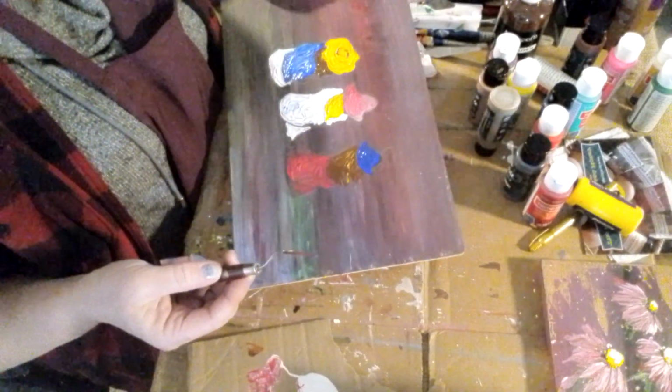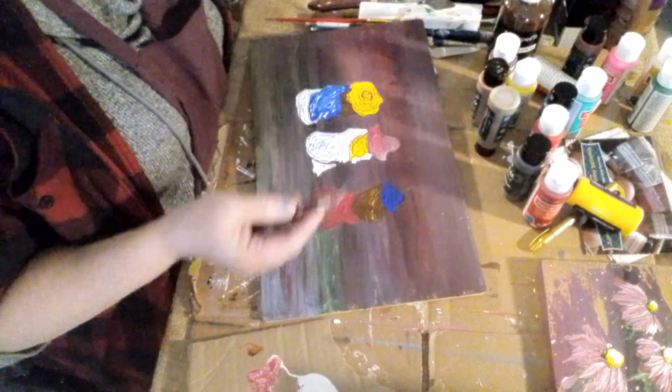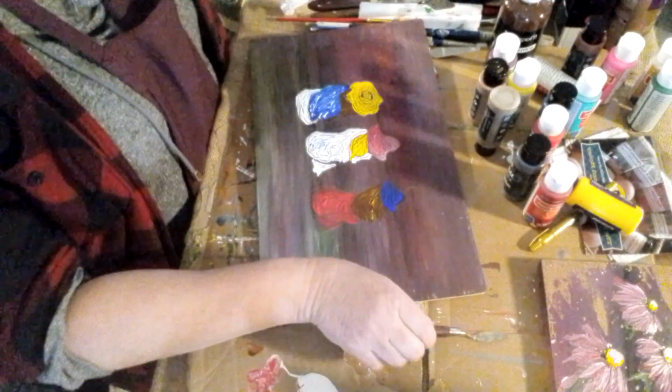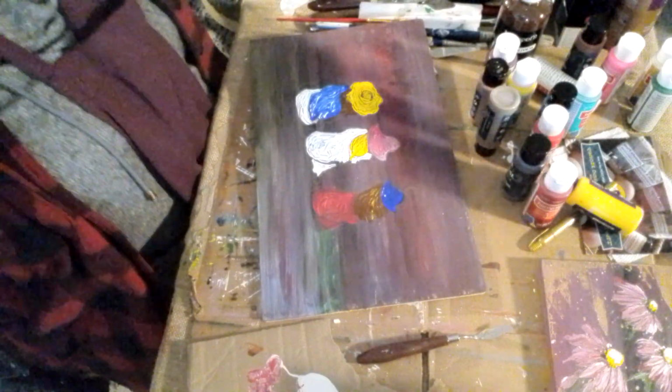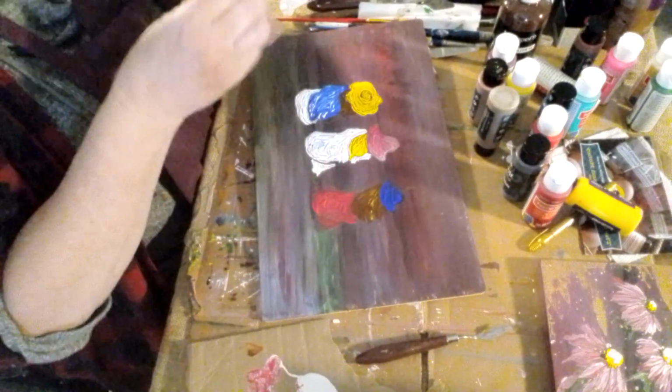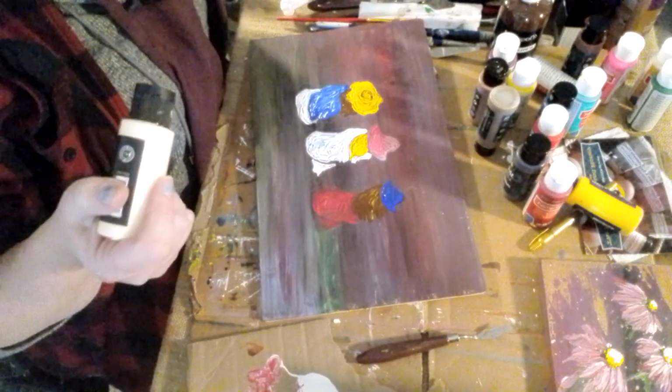Okay, so I'm going to find, and hopefully I'll find it, my skin tone. I want to get some skin tone on there before it gets too dry. Excuse me. Let's see if I can find it, I think I see some. I put it out, but you know,